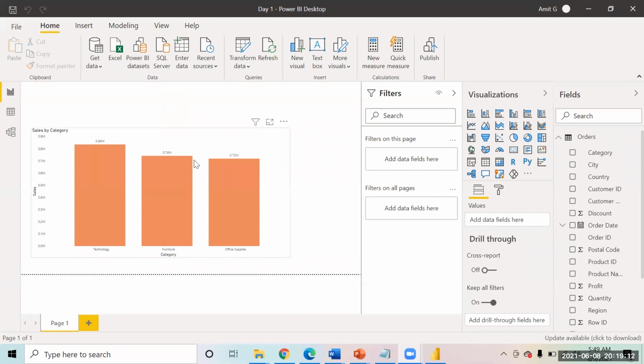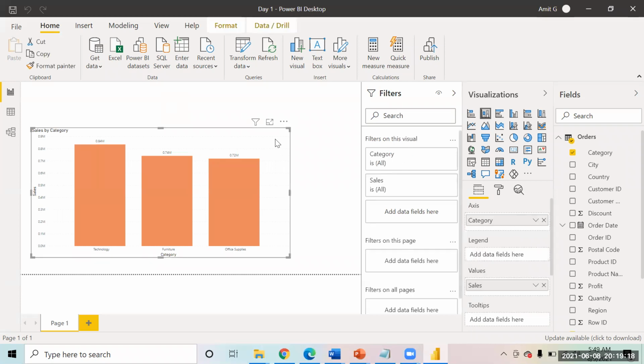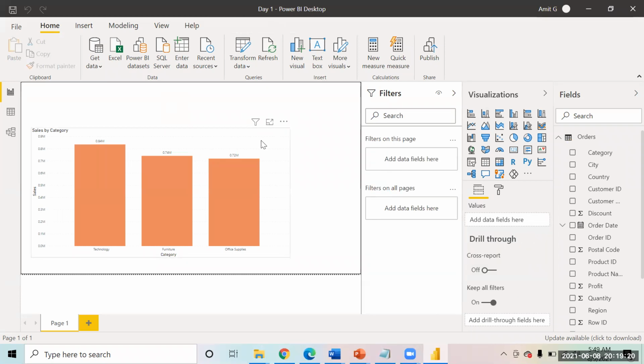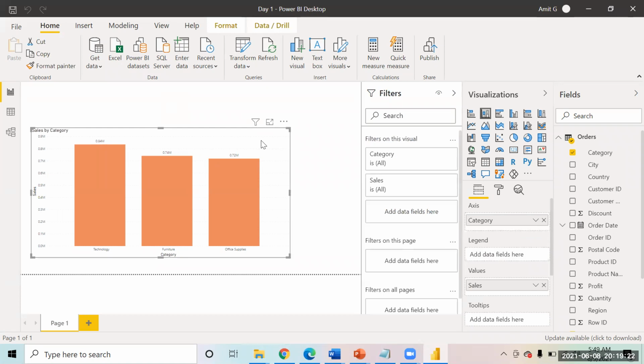Okay, so like yesterday, what we started out with was the introduction of Power BI, what Power BI is used for. We talked a little about the architecture and all. Those are the things that we started with.